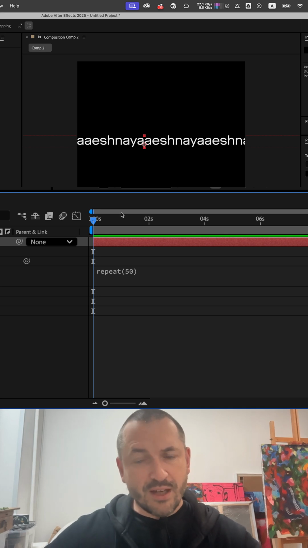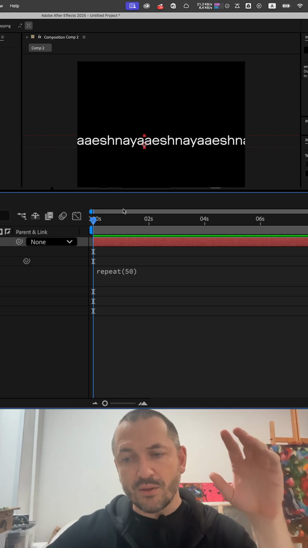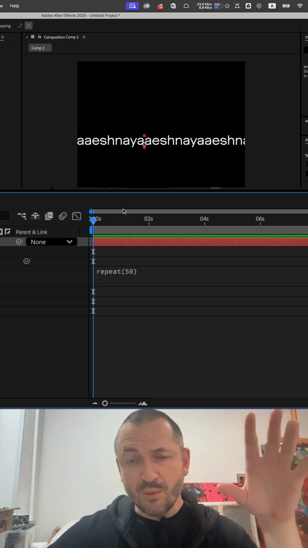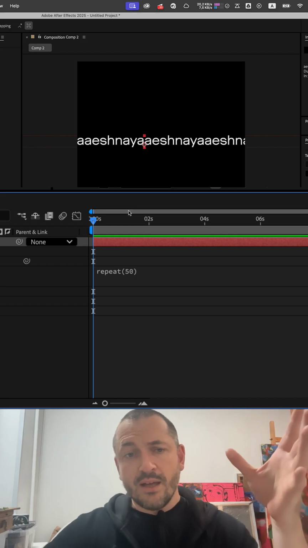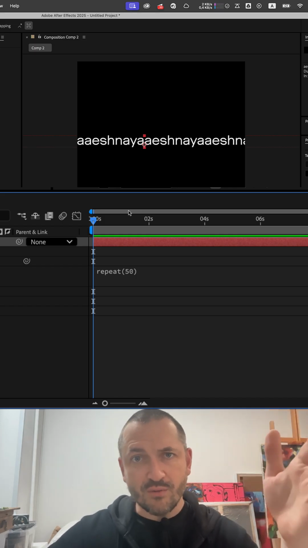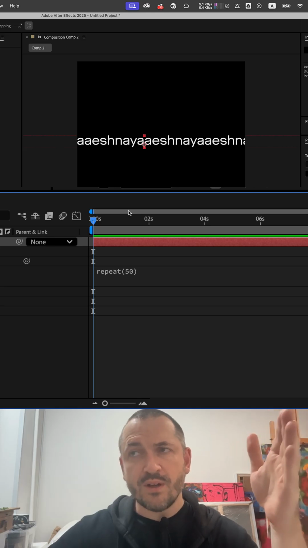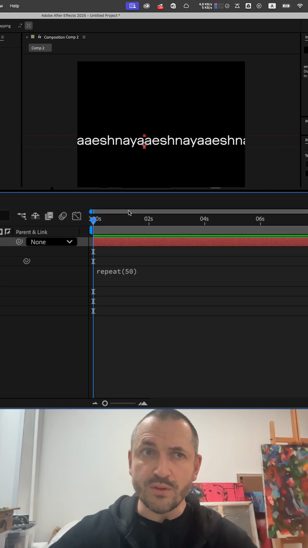Please be very careful, because depending on your laptop and your system, expressions are very hungry for CPU. It also depends on the version of After Effects. I have 2025, which is quite a bit better with expressions than 2023 or older versions.